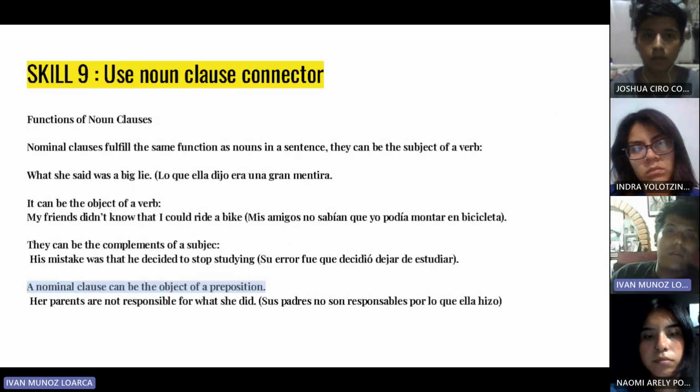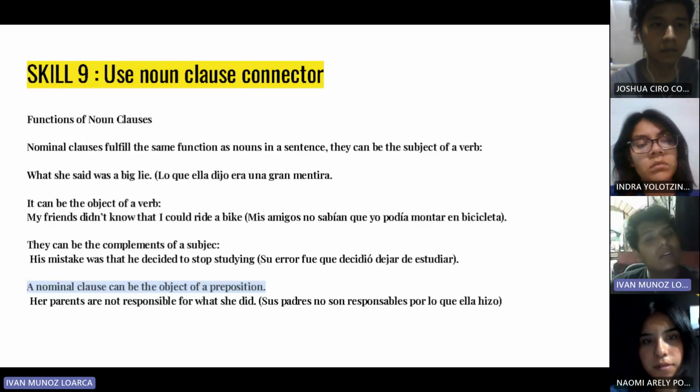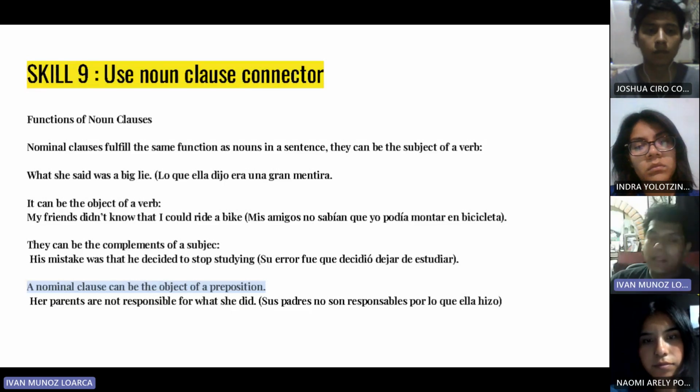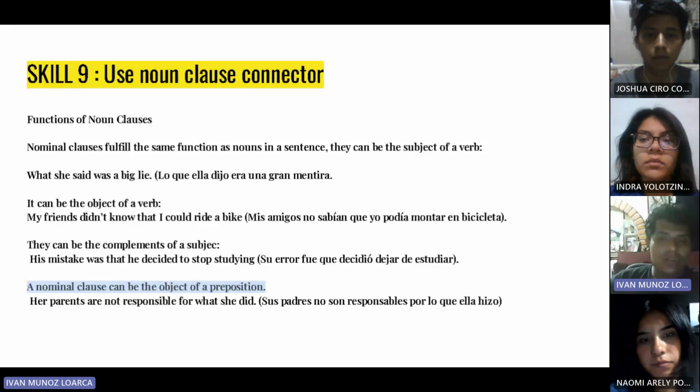There are other uses of a noun clause connector, and here are some of them. Nominal clauses fulfill the same function as a noun in a sentence, and they can be the subject of a verb. For example, what she said was a big lie, or in Spanish, lo que ella dijo era una gran mentira. The other kind can be the object of a verb. My friend didn't know that I could ride a bike, or in Spanish, mis amigos no sabían que yo podía